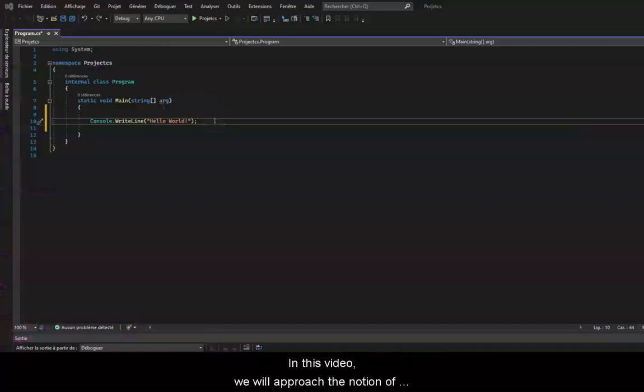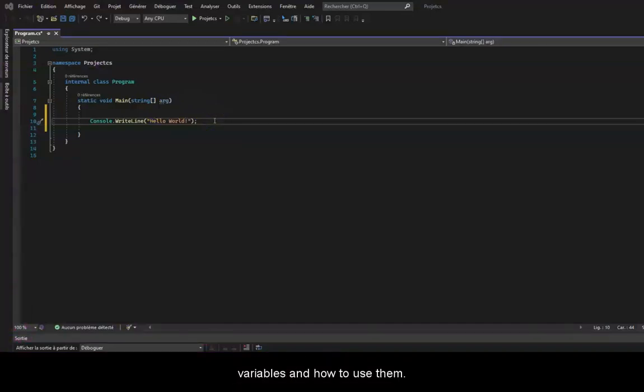In this video we will approach the notion of variables and how to use them. Basically, a variable is like a box with a given name that will store data in memory. I will start with a simple example so that you can see that these variables are necessary to manipulate data